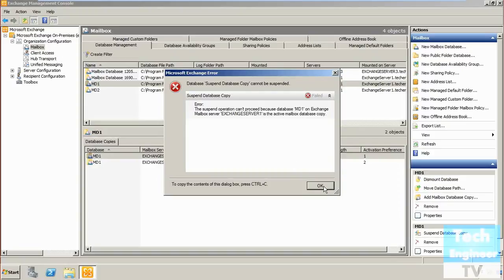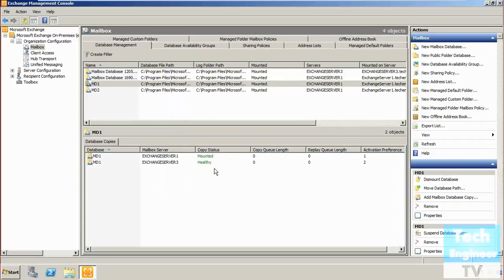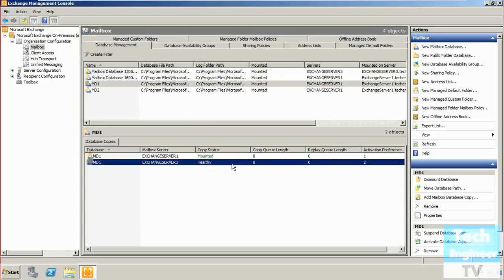You just need to tell the other Exchange mailbox server that it needs to take over from here, because we are now going to suspend Exchange Server 1 in that case, or whatever server in your environment.